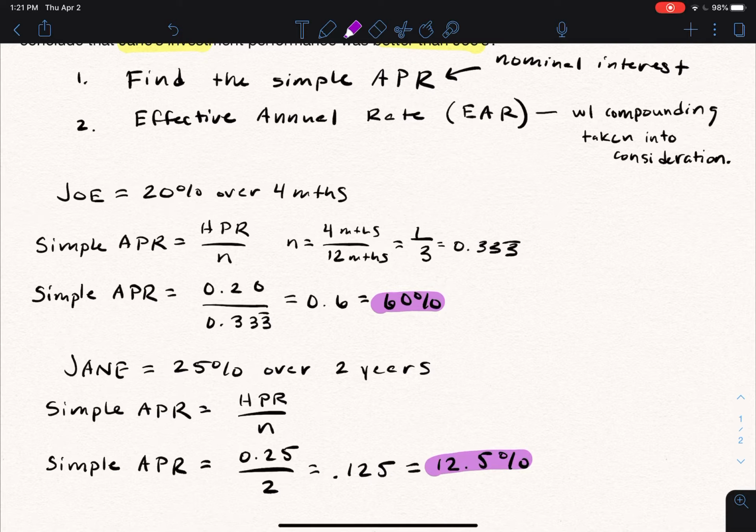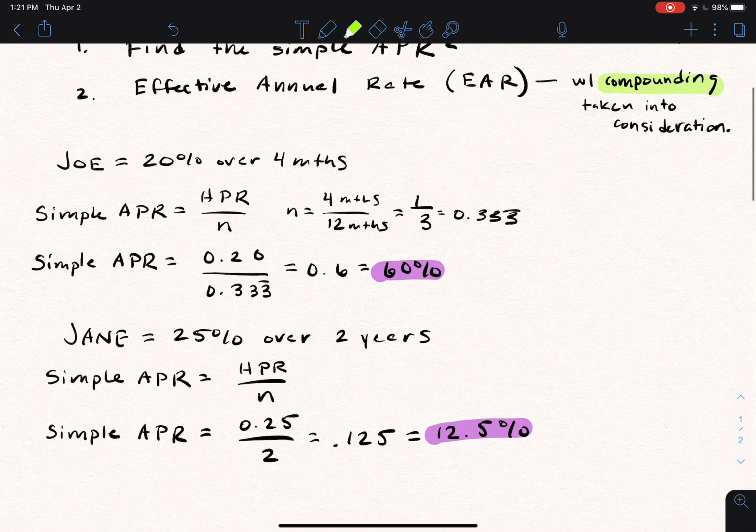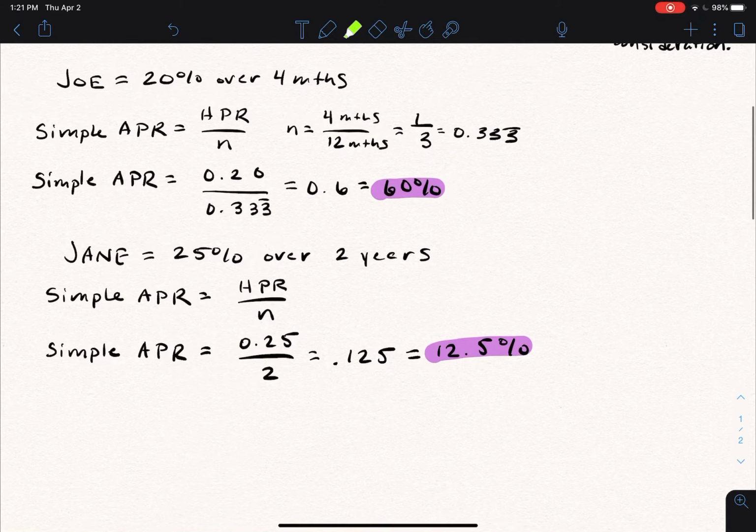So all of a sudden, the tables have turned, right? And we're not even done yet, because we haven't even taken compounding into consideration, because compounding is happening, right? Because any interest that you earn is thrown back into the principal, and then you earn interest on interest, right? That's what compounding does. That's what we learned back at the beginning of this class. And so the second part of this problem challenges us to also find the effective annual rate that both of these individual investors earned. So what was Joe's